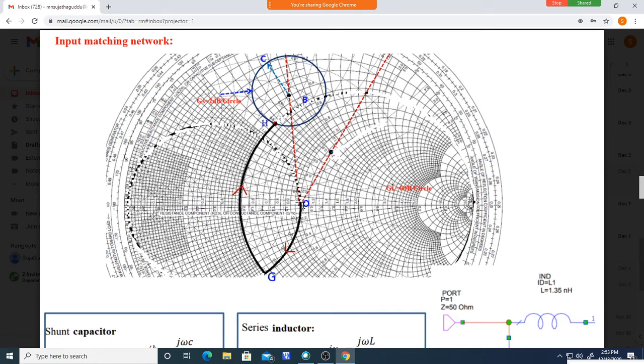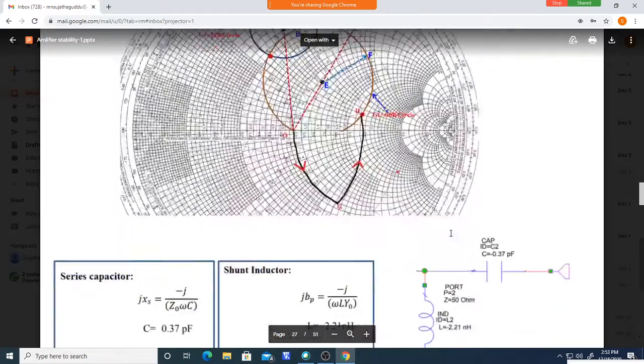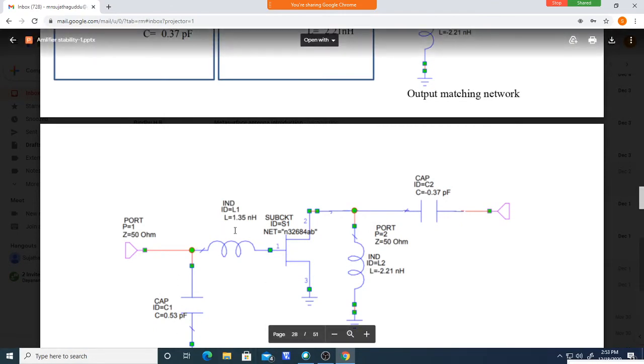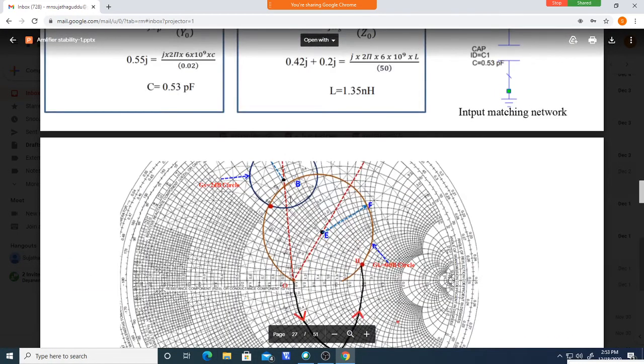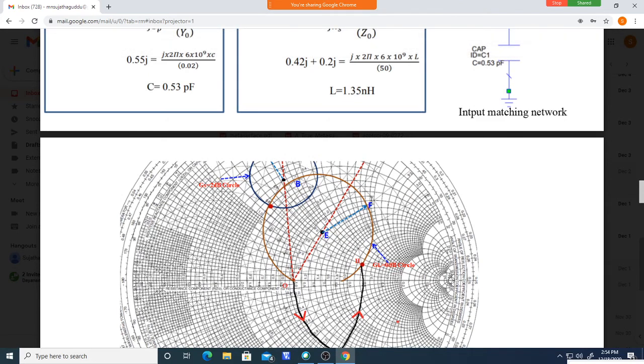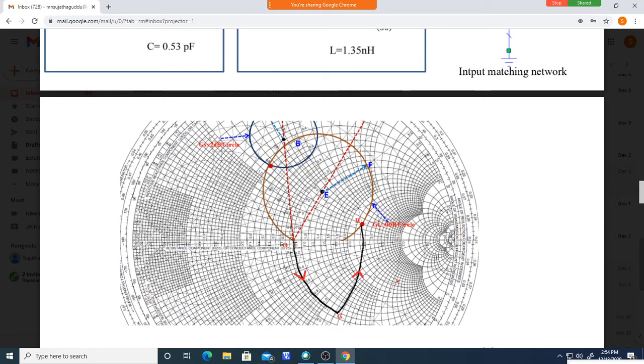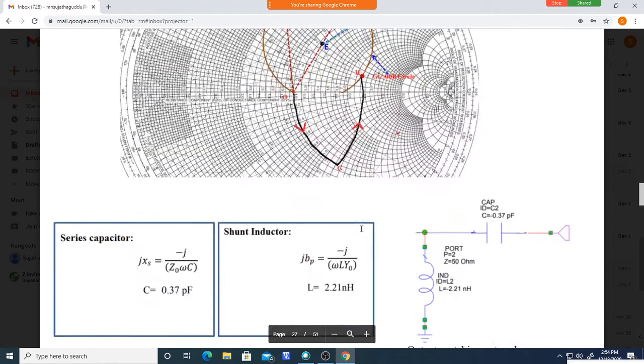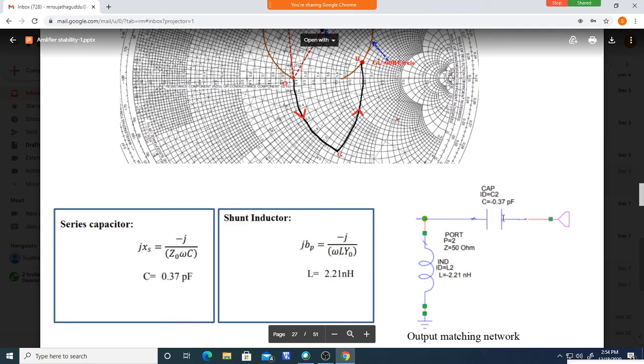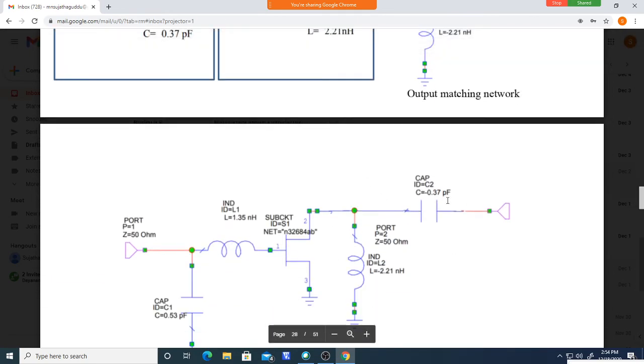So this is the center of the Smith chart. From here, you move like this and move like this. This is the input impedance matching network. Similarly, for the output impedance matching network, this is the output gain circle. Choose some value here. You stand at the center and move on the resistance circle up to this point. That means one of the conductance circles passes through this point. From here, you move like this. So it gives the solution like this, and that is added here as the output matching network.